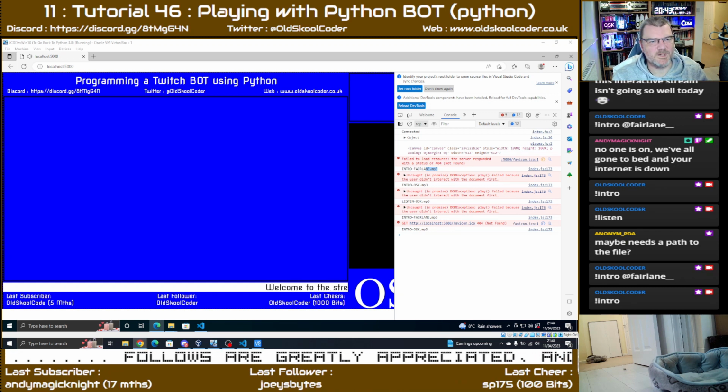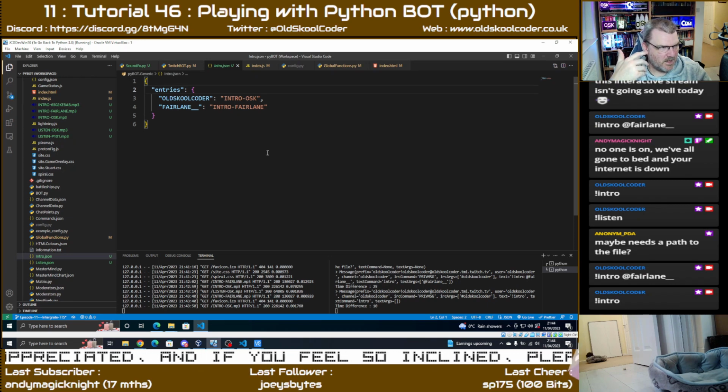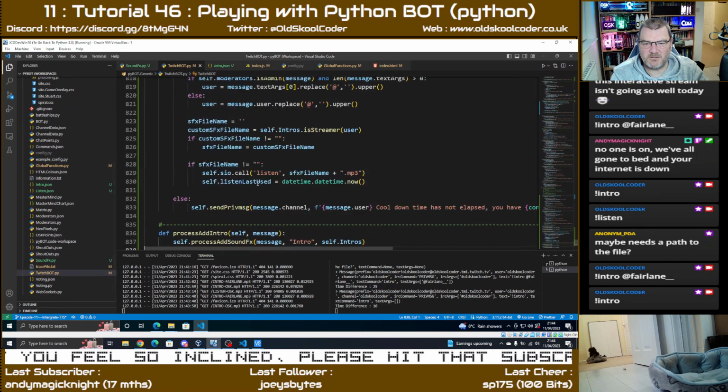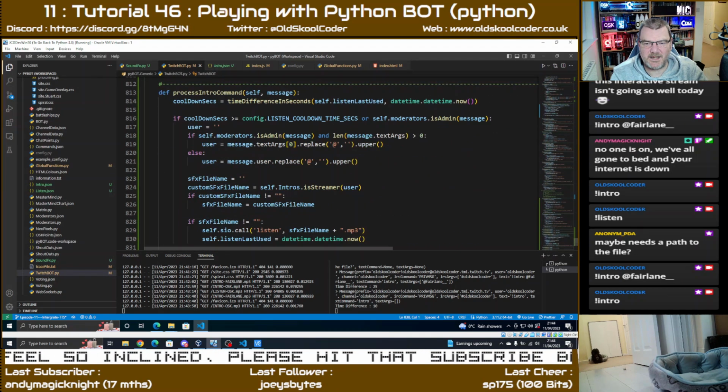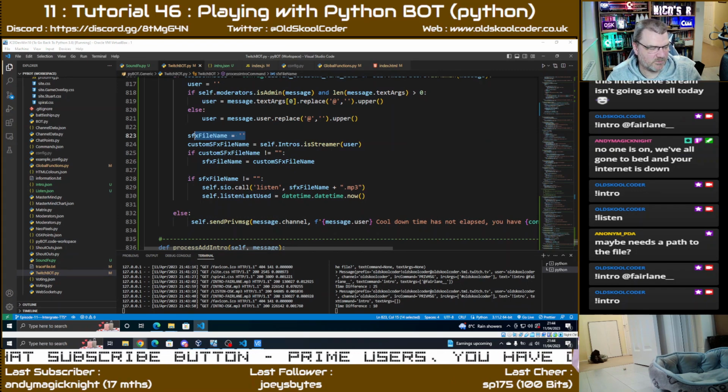There you go. So now we've added a generic sound system to the bot, which you can now use to create your own sound alerts, yeah? And because we've created a generic one, it means that you can use it again and again and again. The only thing that would be different is the process, because if someone types intro that hasn't got an intro, nothing will happen. So if someone types intro,